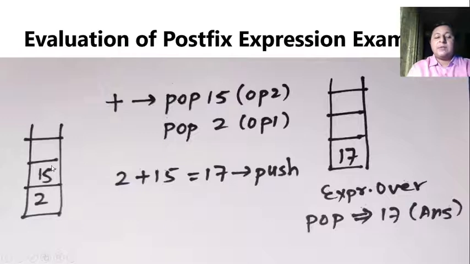Understand that the expression must contain single digit operands. After combining them with the operation, even if we get multiple digits, that is perfectly fine because that can be stored onto the stack as 15 and 17 or obviously multiple digits. Okay. So finally 17 is on the stack and expression is over. So we will be popping that particular value. It has to be only a single value and that can be returned as the answer. So this is the basic logic behind performing this particular evaluation.